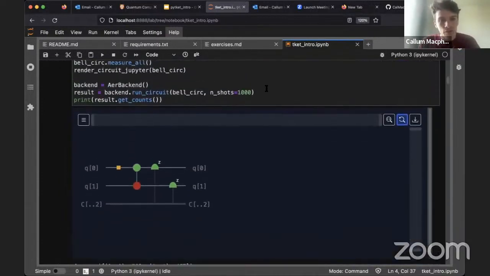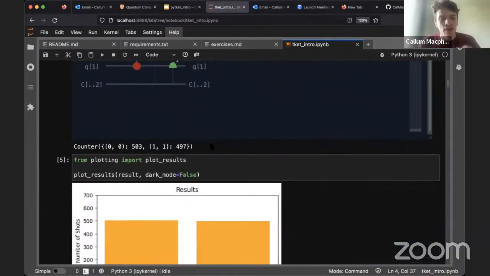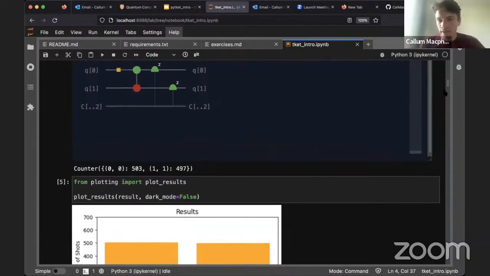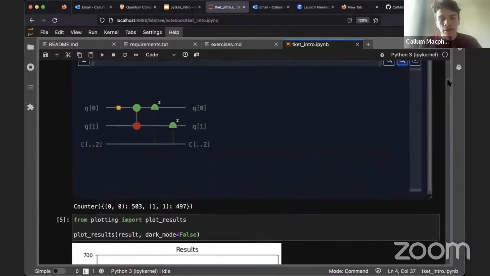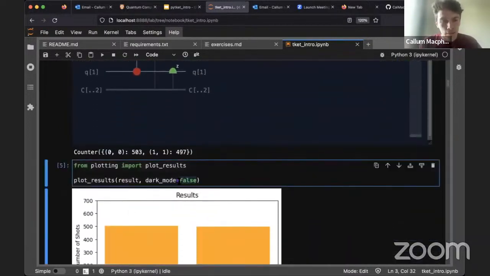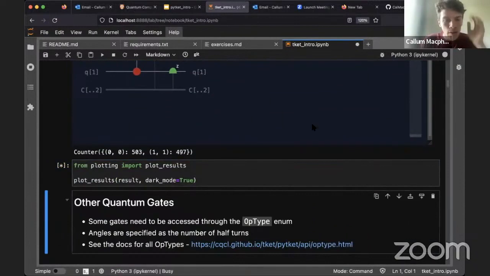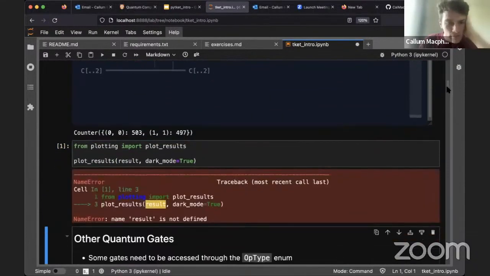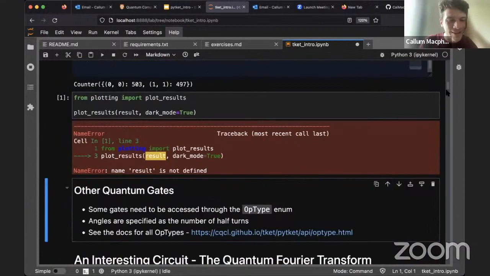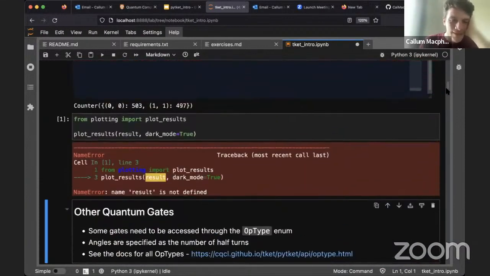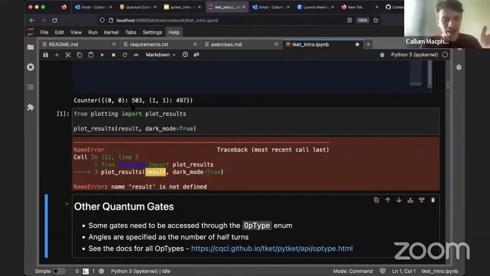So here you run the circuit for 1,000 shots, and you get back this counter object, which is a dictionary where the keys are the different basis states or bit strings, and the values are the number of counts. So we have 1,000 shots in total, and oops, oh dear, I've broken my plots, but you can see that there's an approximately 50-50 distribution between